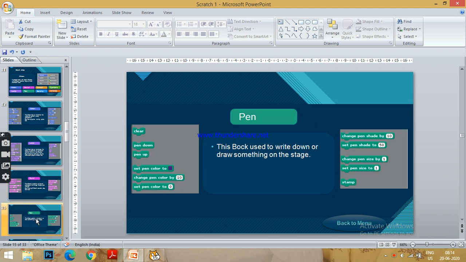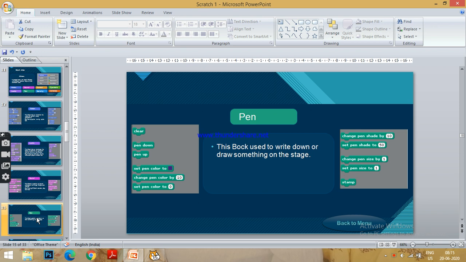Okay, next we have the pen block. So today I'll be talking about the pen block. What is the purpose of the pen block? The sprite is the hero of your animation, and with the help of the pen we will be able to draw any shapes or images in our animation.